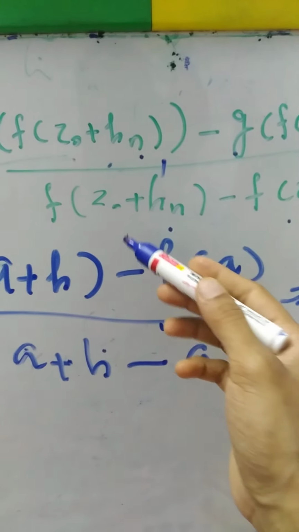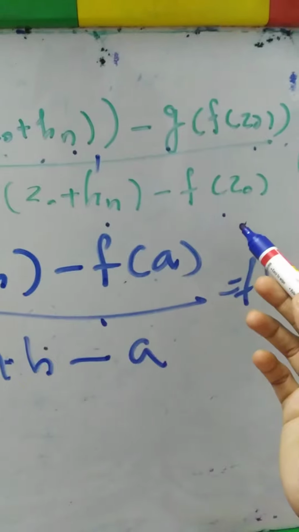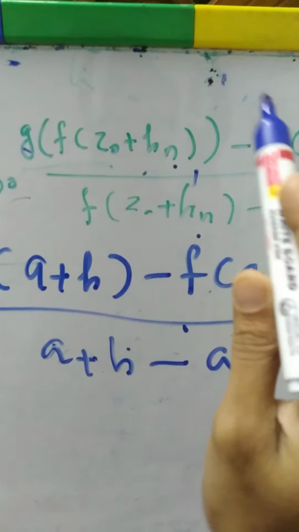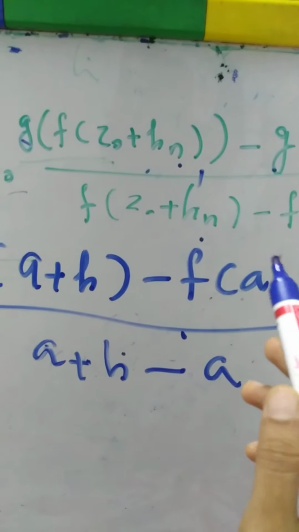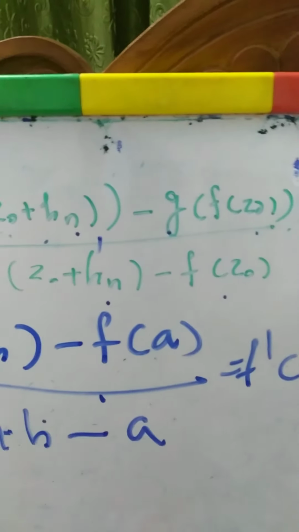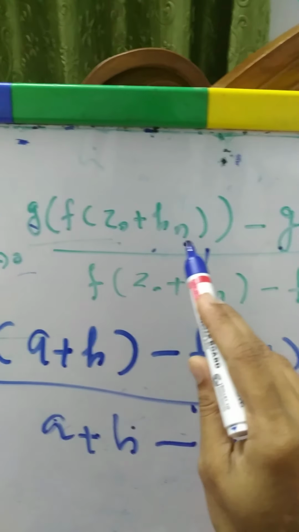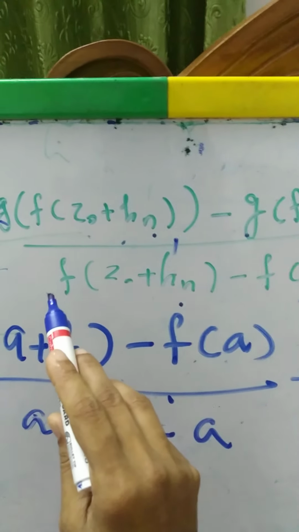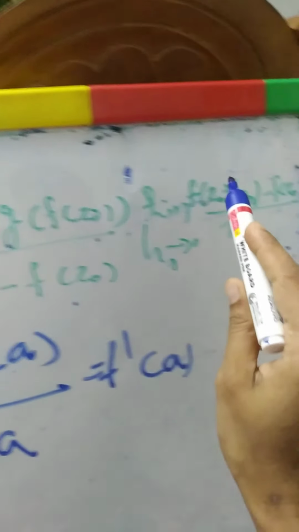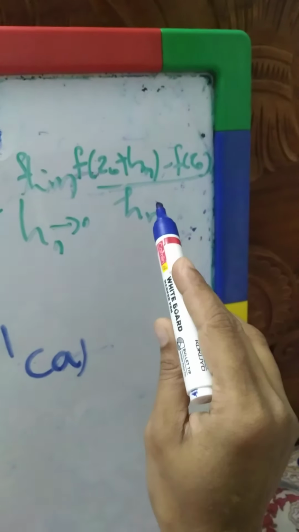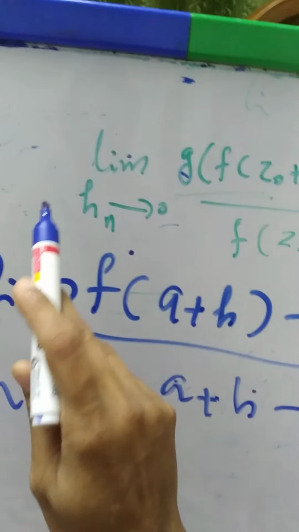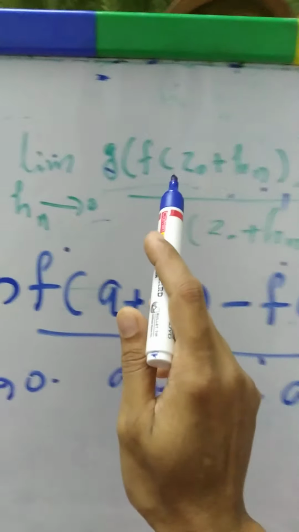multiply and divide with f of z naught plus hn minus f of z naught, and you just transform the limit. Limit hn tends to 0 of g composition f of z naught plus hn minus g composition f of z naught divided by hn into g composition f of z naught plus hn minus g composition f of z naught divided by f of z naught plus hn minus f of z naught into f of z naught plus hn minus f of z naught divided by hn. Then you just apply limit on both sides, limit hn tends to 0, and also apply the